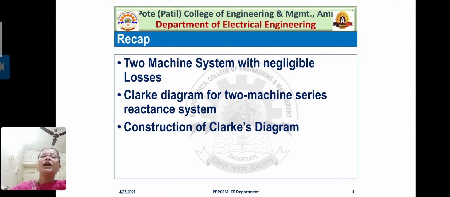We discussed how one can construct it, what the different steps to construct the Clark's diagram are, right? We also discussed the importance of steady state stability studies. Okay,